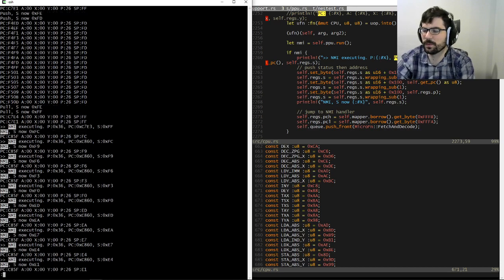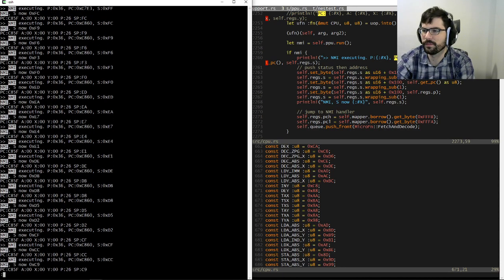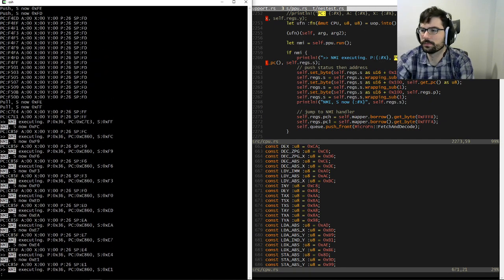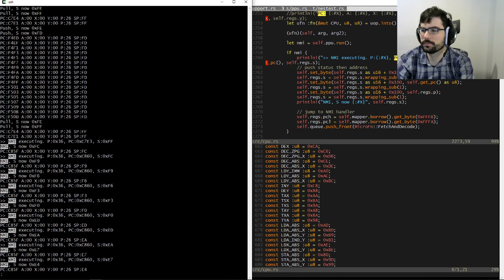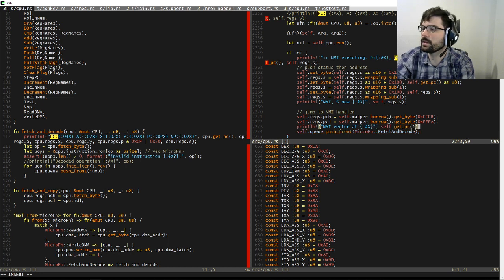Well, the PC is always the same after the NMI occurs, which is C85F. We didn't know for sure. NMI vector at self.getPC.